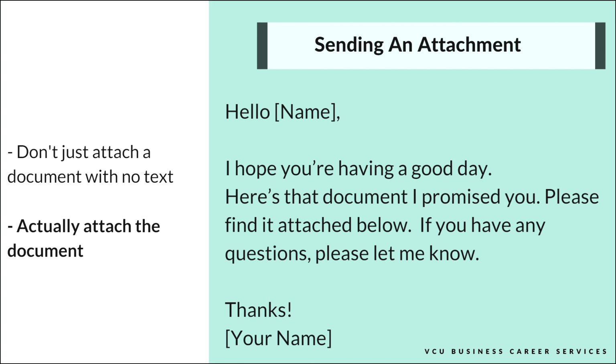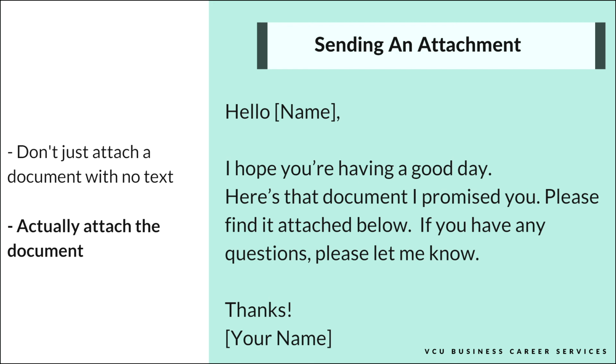Also, putting the word attached in the email helps you actually attach the document. I was notorious before Gmail got the feature of, hey, it says attachment in the email. You probably should attach whatever you said you were going to attach. Before Gmail got that feature, I was notorious for just sending off emails, meaning to attach things but never attaching it. It was something I oftentimes messed up on more than I wanted to.